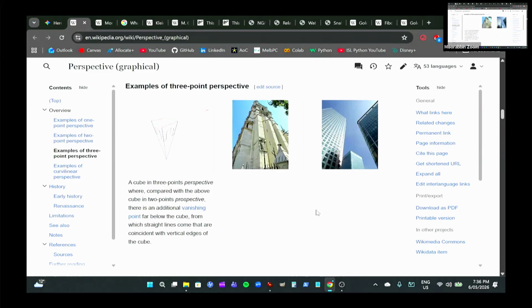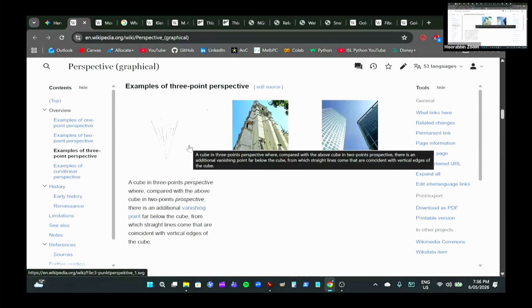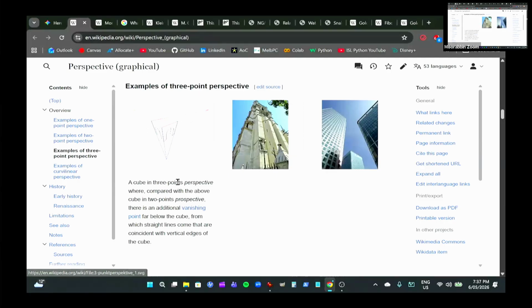And so perspective is a challenging concept, and it's not something that beginners can learn overnight, but I've found it just a really interesting concept. So here's an example of three-point perspective, and these green, red, and blue directions could be likened to X, Y, Z, but in reality, it gets even more complicated than that, because